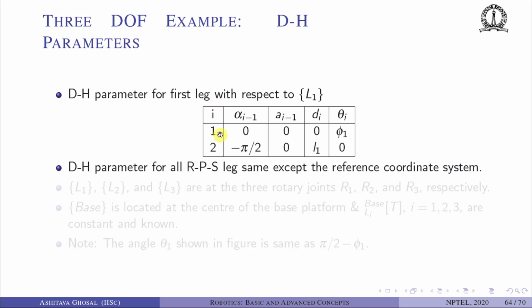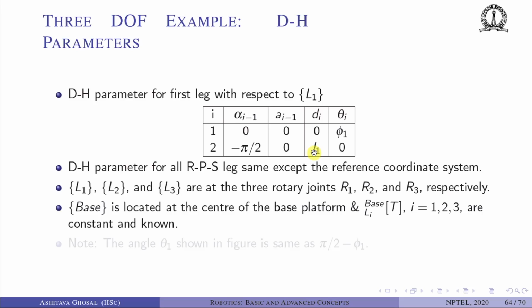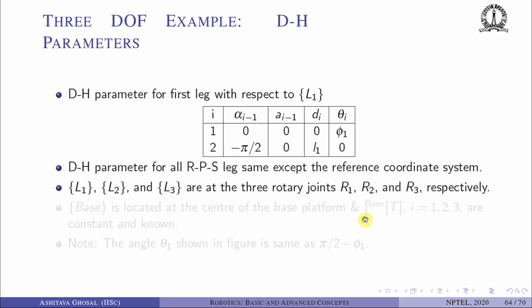Okay, so this DH table is quite simple. It contains only two joints and hence two links. So i is equal to 1 and 2, and we get this one joint variable which is phi 1 and one joint variable which is L1. For the second one, it will be labeled as phi 2 and L2 and so on. So the base is located at the center of the base platform. So we can have a coordinate system between base and L1. Okay, so